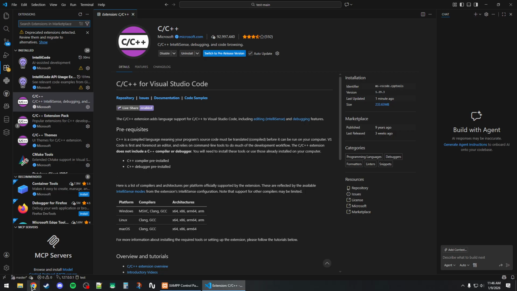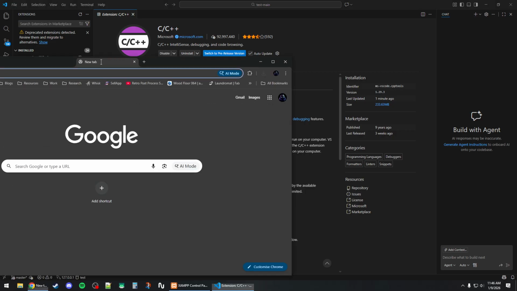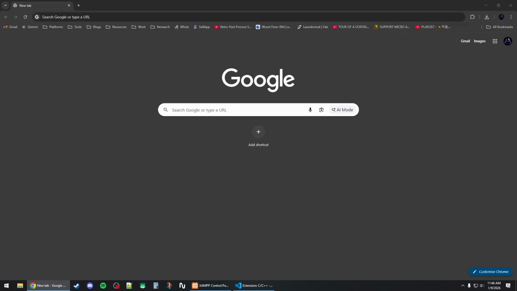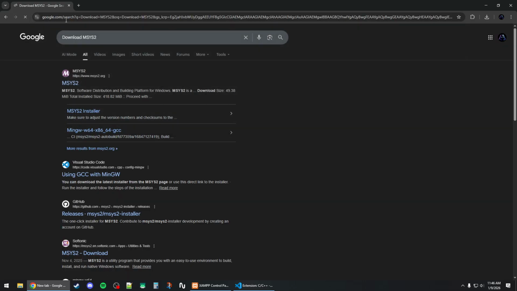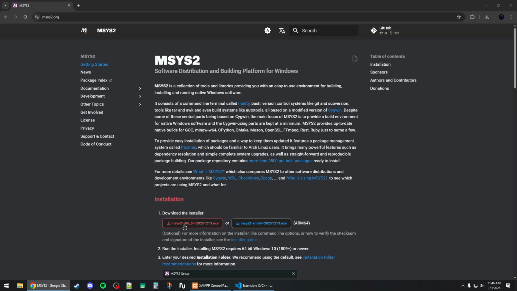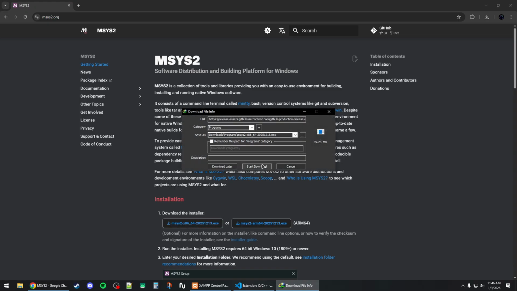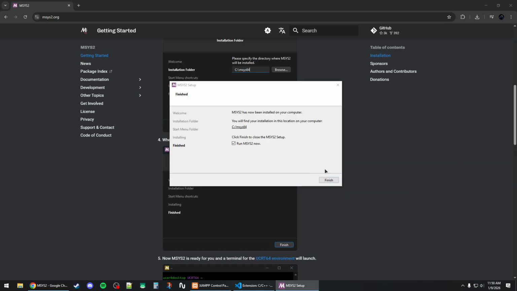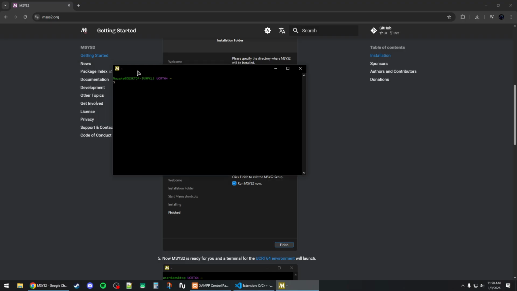And the second step is to install a C++ compiler. So in this case, I'm going to install the MinGW-w64. Open up a new browser tab, and then you want to search for download MSYS2. Click on the first link, and then click on the MSYS2 64-bit installer here, and make sure to download and install this one. Now once it's done, you want to press the finish button to run the command line,